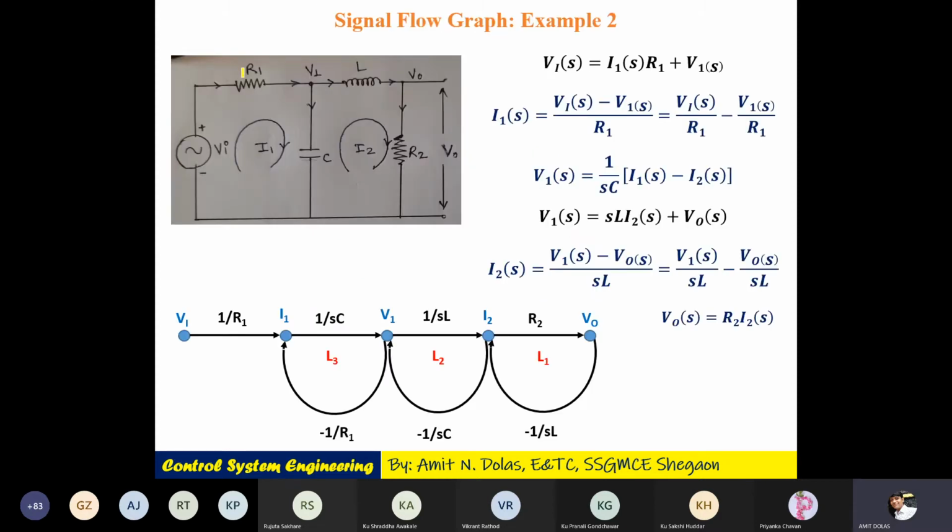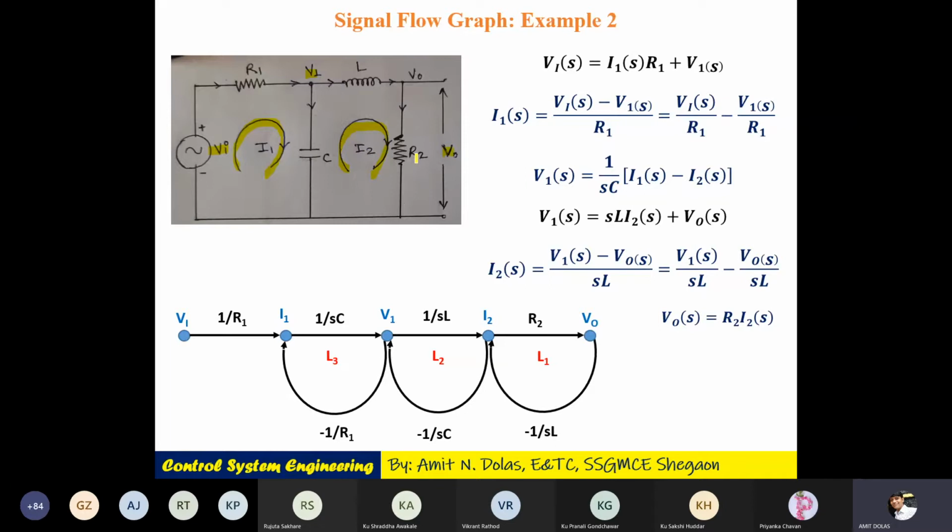So instead of a block diagram, what I have is an RLC circuit in this fashion where Vi is connected to these components. There are two loops wherein I1 is passing like this, I2 is passing like this. I1 is caused by Vi, which is passing through this R1. I2 is caused by V1 developed across the capacitor, and output will be I2 into R2.